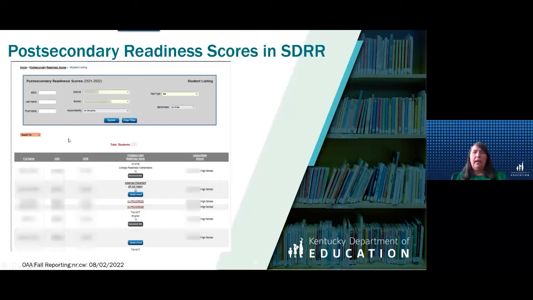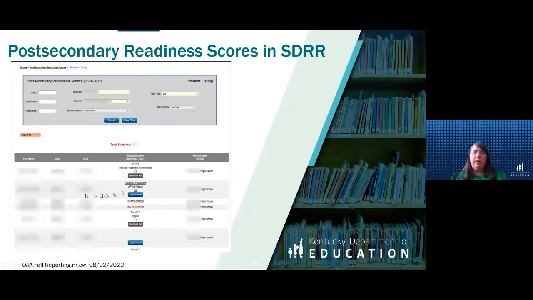You can export it to an Excel or CSV file or PDF in SDRR, however way you want to look at it. A lot of people like Excel because they can manipulate it that way. But remember, you can't make changes when you export it out. You can only go into the actual student listing and make the changes.